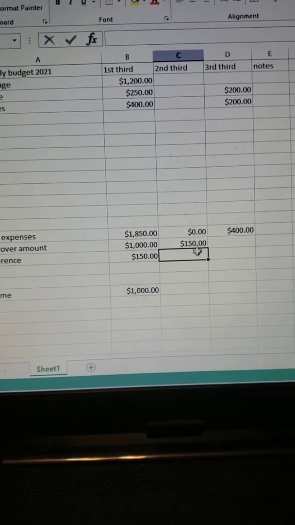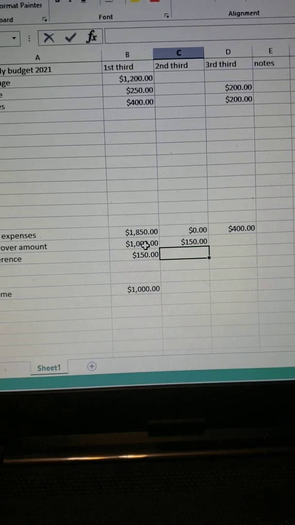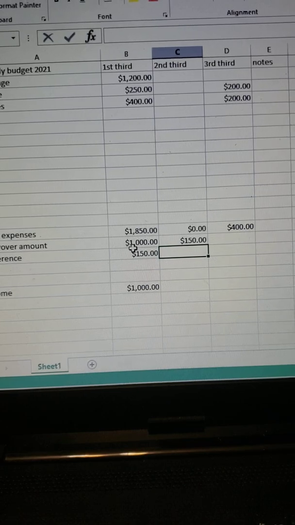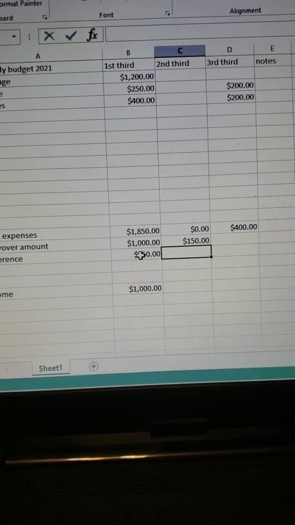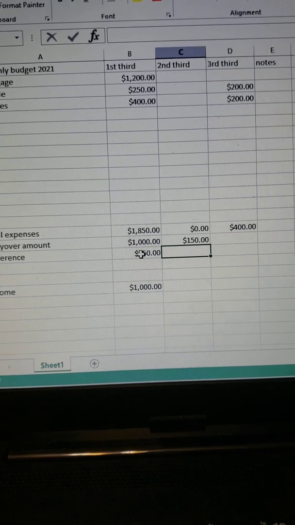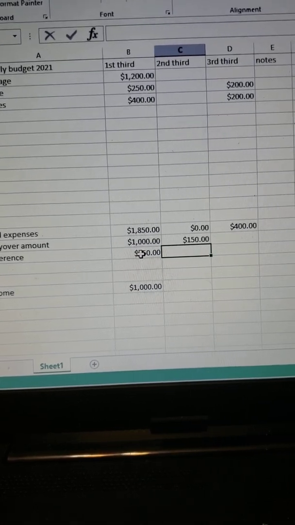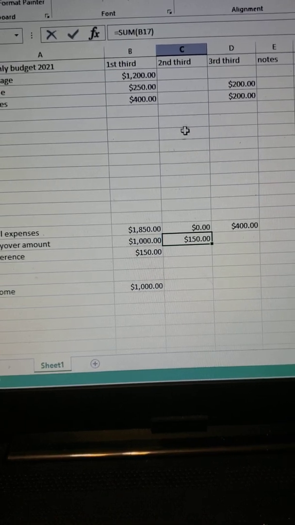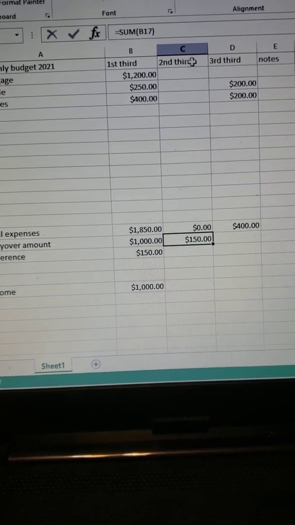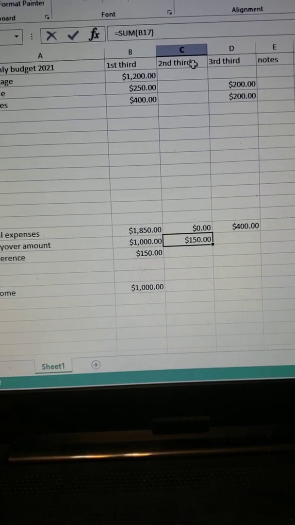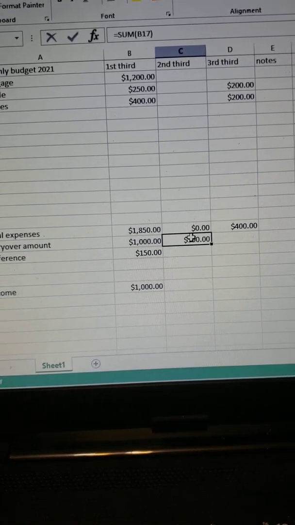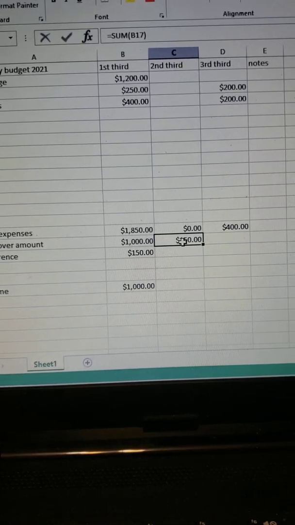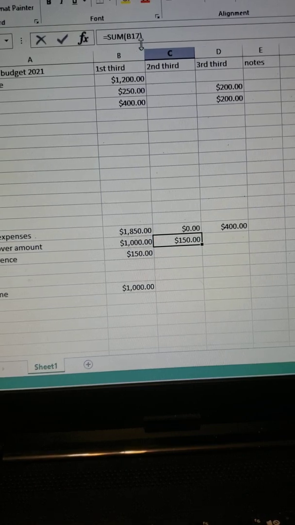So let's just say that this carryover amount was from pay on the previous 30th. This is based on a semi-monthly budget. So semi-monthly is getting paid on every 15th and 30th. So on this second third, I consider the second third beginning on the 15th. That's the next payday. So the carryover amount is going to be this one plus, so you can go up